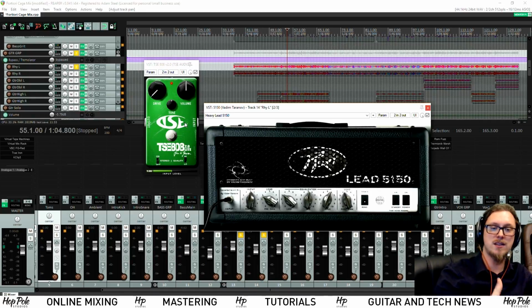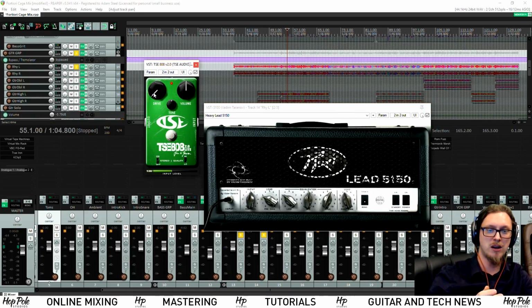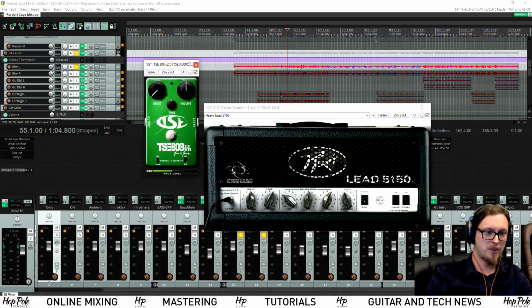Yeah, level to taste, absolutely. And the drive, yeah, I've got this at 0. You can add a bit of drive on the Tube Screamer. It gives you a bit of a different flavour. For the guys who are going for really tight metal, that's it. So if I turn off the Tube Screamer and turn up the gain on the amp, sounds pretty good, but the definition's kind of lost. If I turn that back,